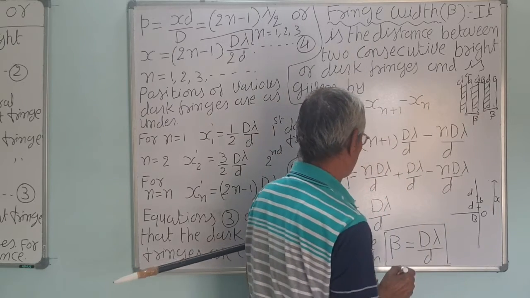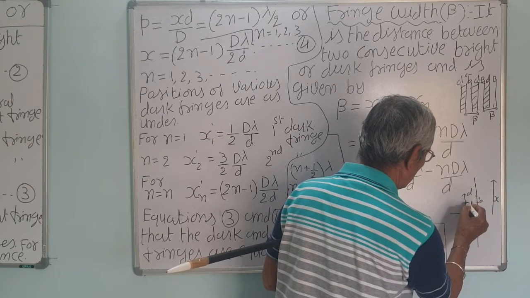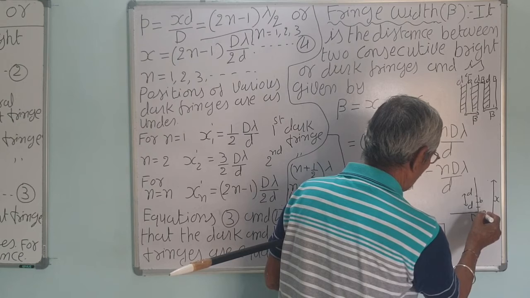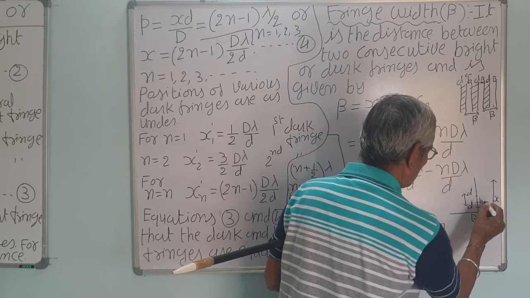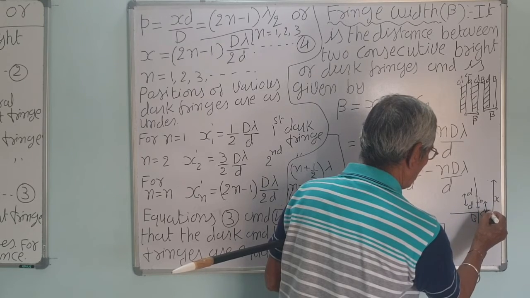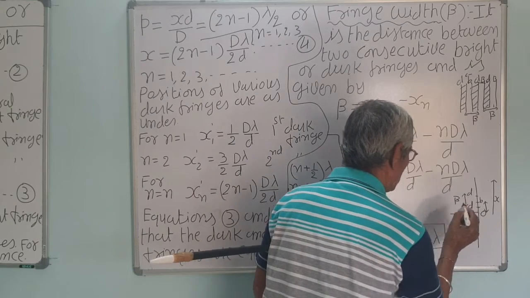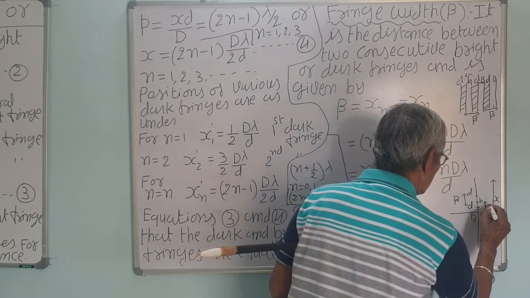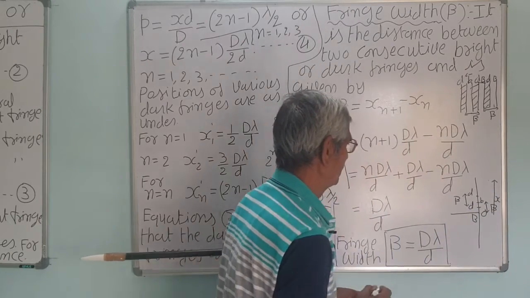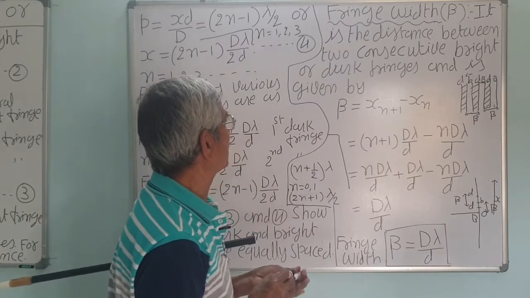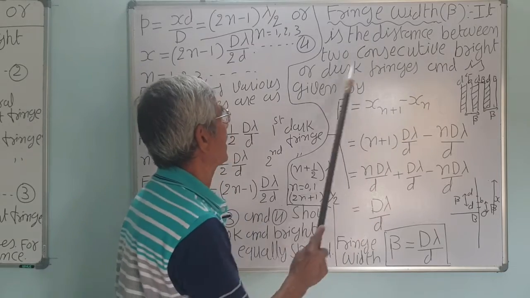So we want to see that the distance between two consecutive dark fringes, this is the fringe width. Or you can say bright, this is bright, dark, bright. So all you measure, this is also a beta. Both are the same. This is a beta, correct, and this is also a beta. Correct. So that is a fringe width, it is the distance between two consecutive bright or dark